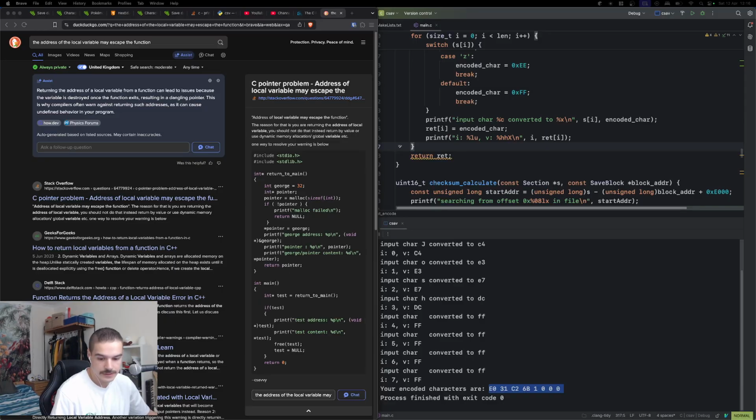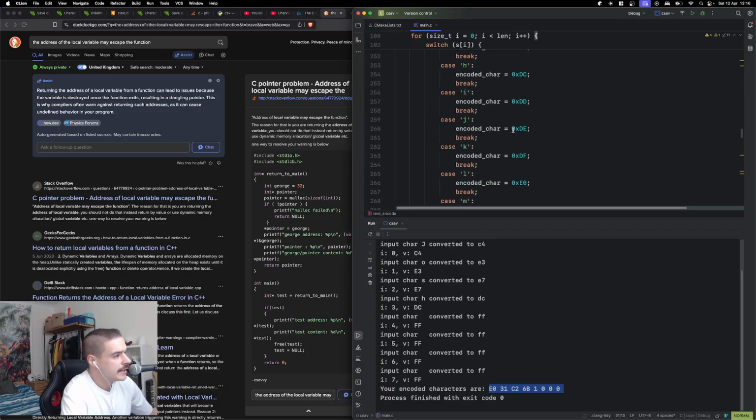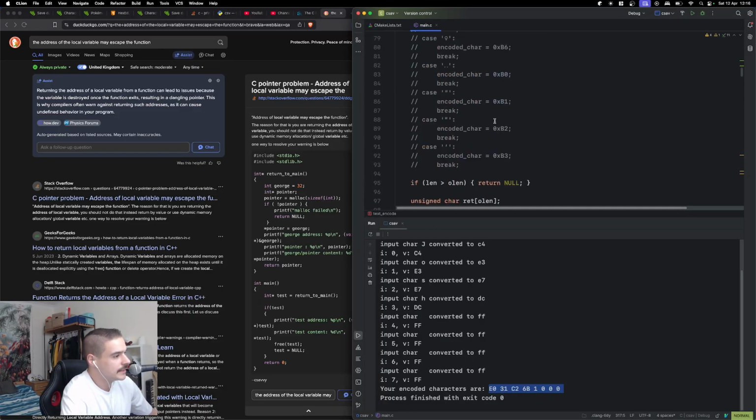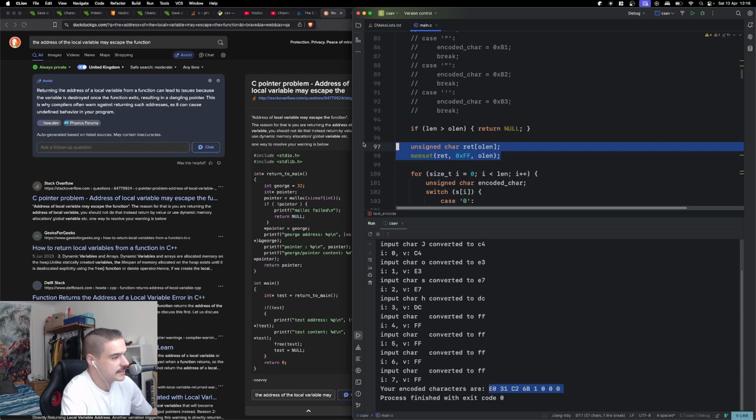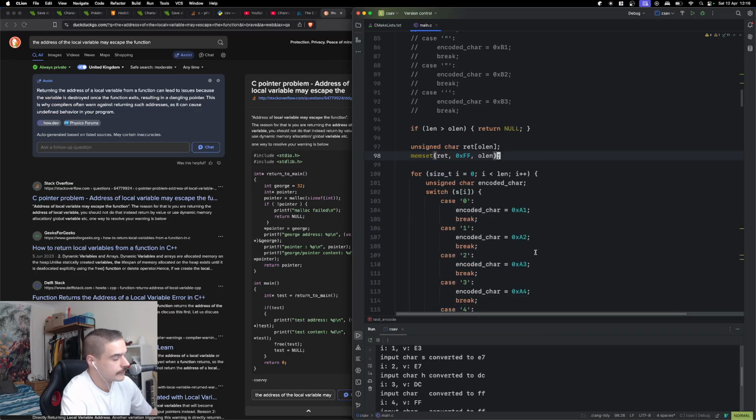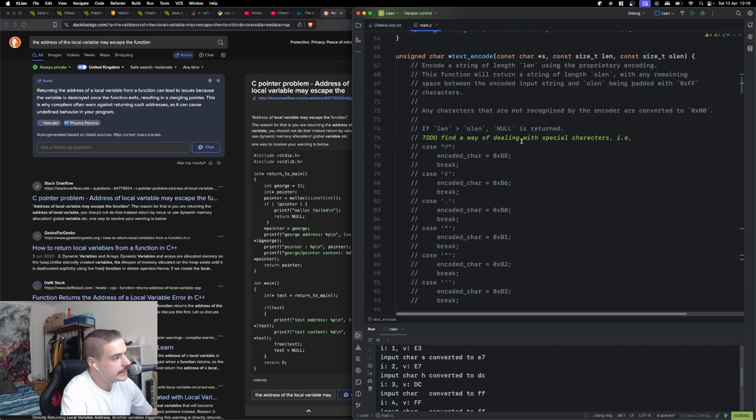Oh yeah, so I guess we have a pointer to something that only exists in this scope. So either we assign it on the heap, or we